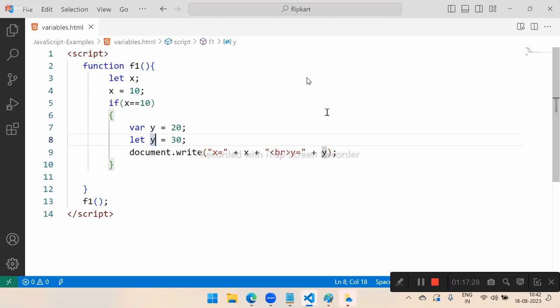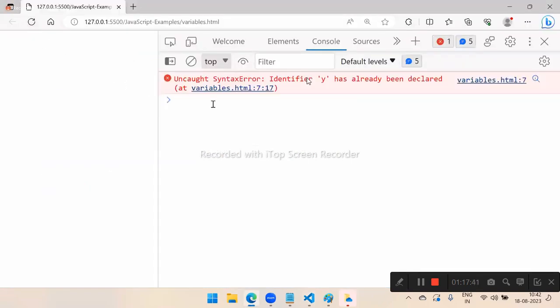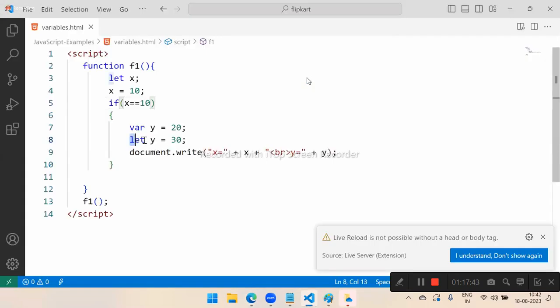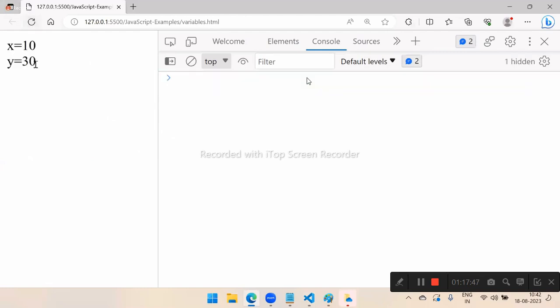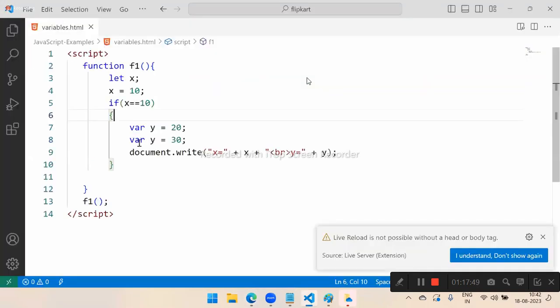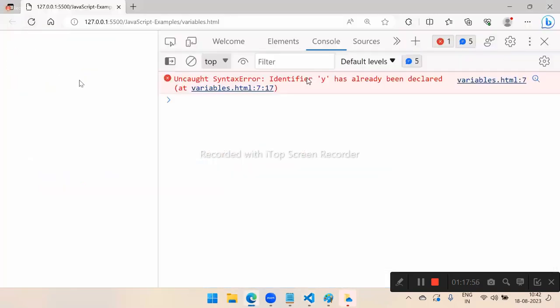That means the point is it's not about which keyword you are using. It is about which ID you are using. That means this is also not possible. This is also not possible. If I declare both with var, now it is possible. That means var allows shadowing, so let will not allow shadowing. It's not possible at all. And it will not